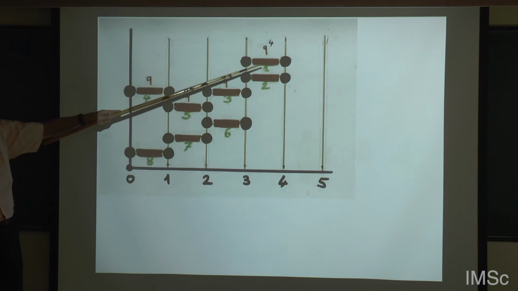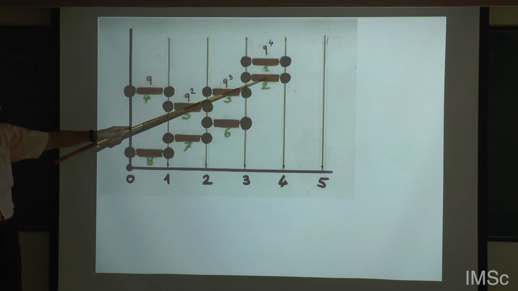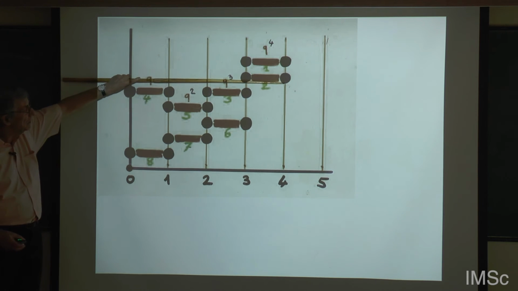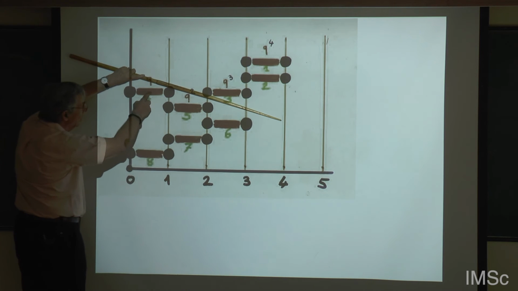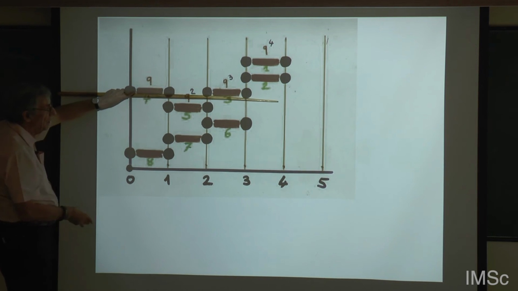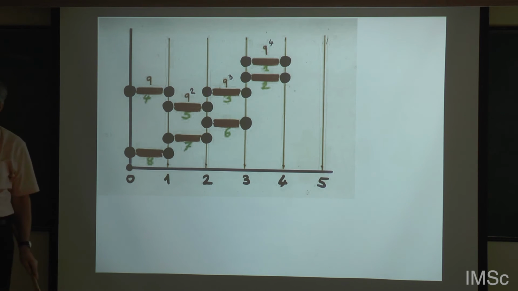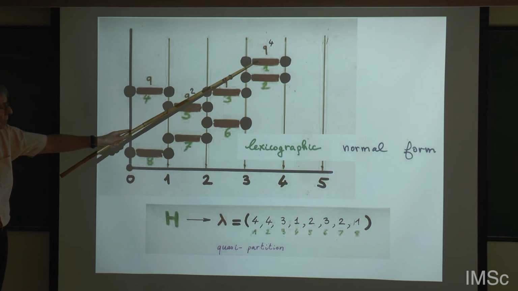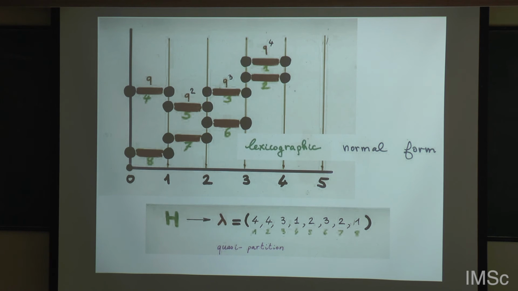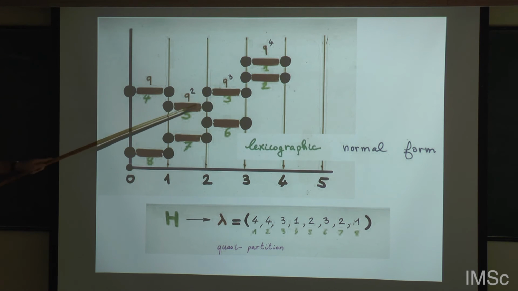You take off this. Now again, you take the rightmost maximal piece, the second one. Suppose you take off these two pieces. Take the rightmost maximal piece. This is 3. You delete. Rightmost maximal piece. So each time, you put a total order on the dimers. Each time you take the rightmost maximal piece and you delete it. So there is a total order. And to this total order, you can associate a quasi-partition. Just look, 4, 4, 3, 2, 1, 3.